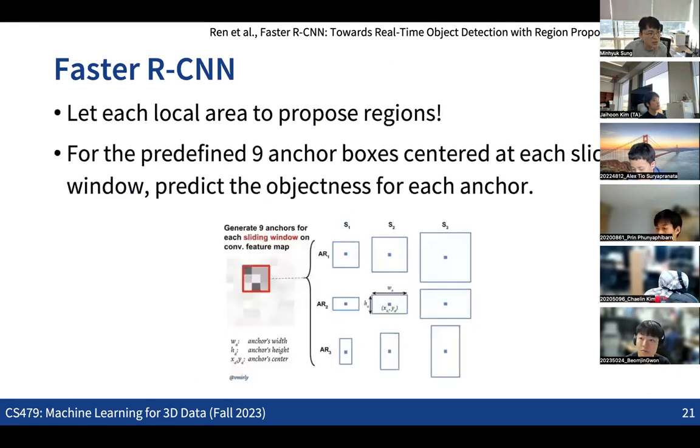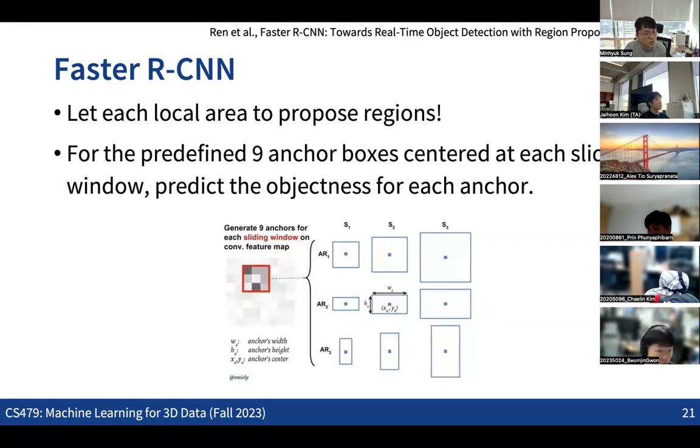For each local region, we take the 9 anchor boxes, and then we predict the objectness score, which measures how likely an object is to be included and bounded in the given anchor box. This is sort of classifying each of the anchor boxes, whether they are really bounding boxes for objects or not.